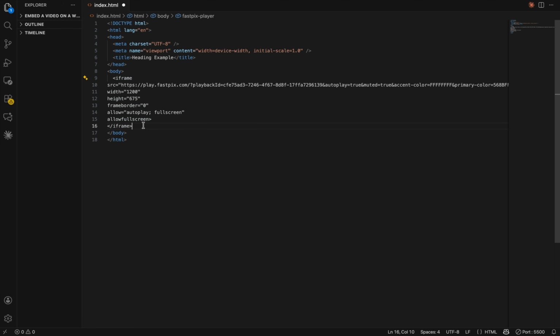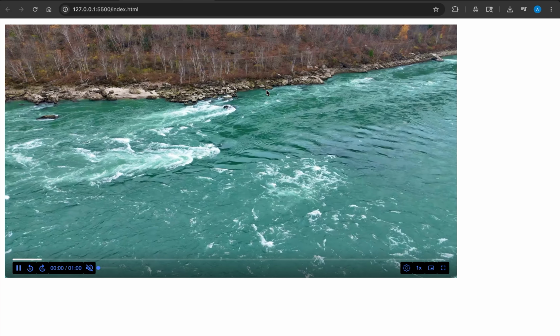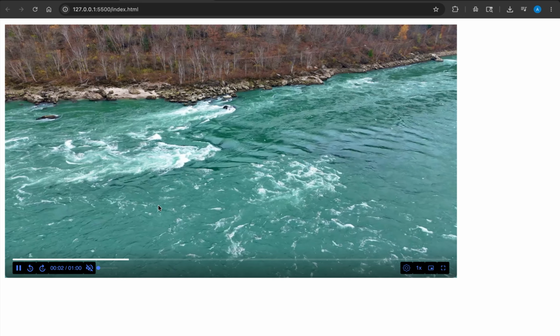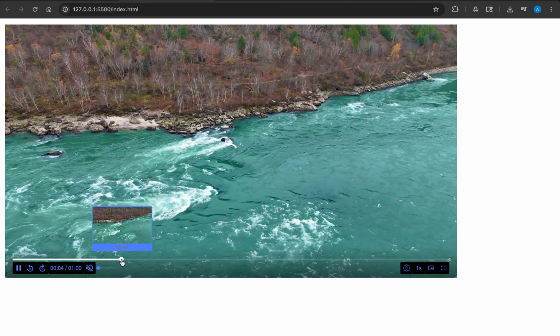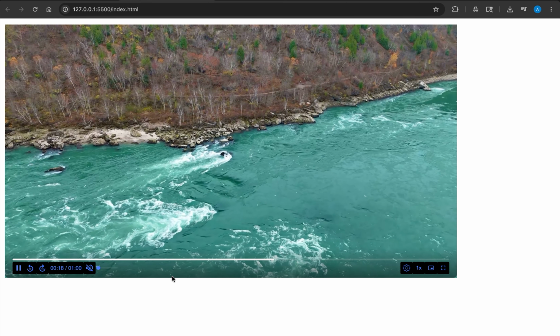That's the any web page part. It really is anywhere. 2 ways to embed. 1 player. Now you've got a video playing on your site. But the thumbnail is what makes someone click play in the first place. In our next video, we'll cover custom thumbnails and animated GIF previews.